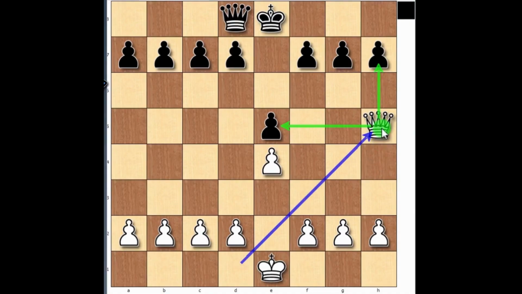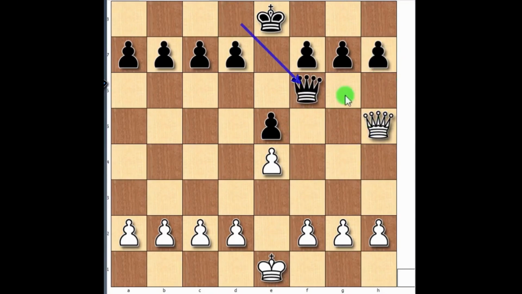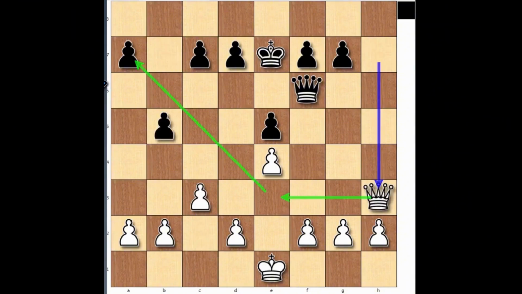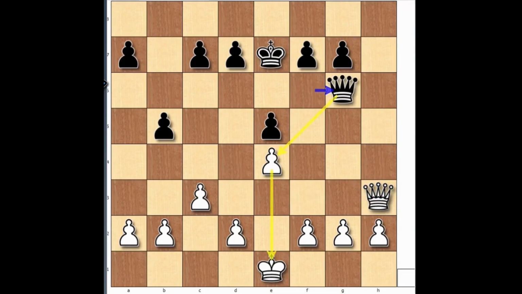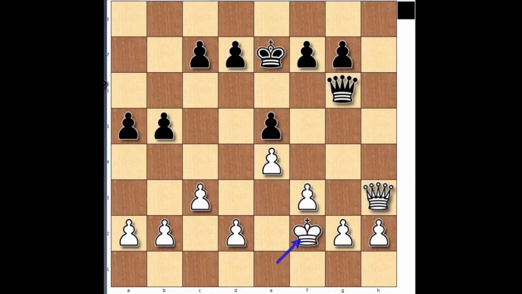Now we are putting pressure on two of their pawns simultaneously, the pawn on e5 and the pawn on h7. Queen to f6, defending the pawn on e5. But we can capture the undefended pawn on h7 and then threaten to bring our queen in to give a check. King to e7, eliminating this threat, pawn to c3, pawn to b5, queen to h3, considering a route to attack this other pawn, queen to g6, threatening to take the pawn on e4 and thus giving a check, pawn to f3, protecting the pawn, pawn to a5, king to f2, queen to b6, giving a check, king to e2,